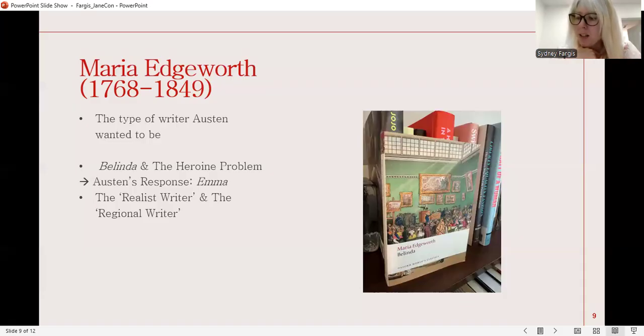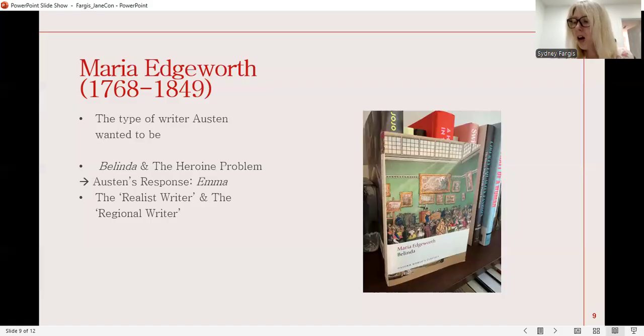The origin of the realistic fiction genre can be traced back to Edgeworth, but it is Austen who would become the realist writer, kind of like how it's Austen who becomes the ideal woman in relation to Frances Burney. So, well, what happened? Well, during the period when Jane Austen was trying to get her feet off the ground in the publishing world, Edgeworth was already a well-established novelist. Her writing was both respected and popular, and she also happened to be another one of Austen's favorite authors.